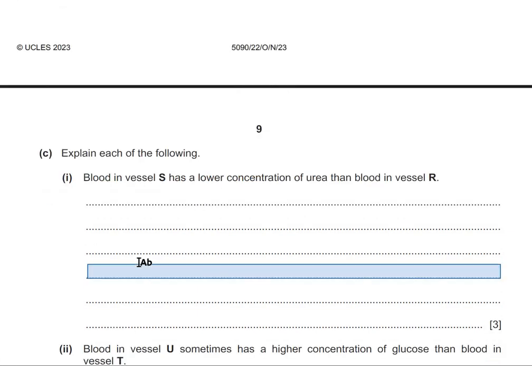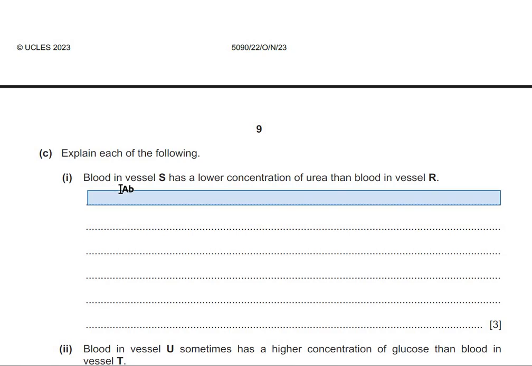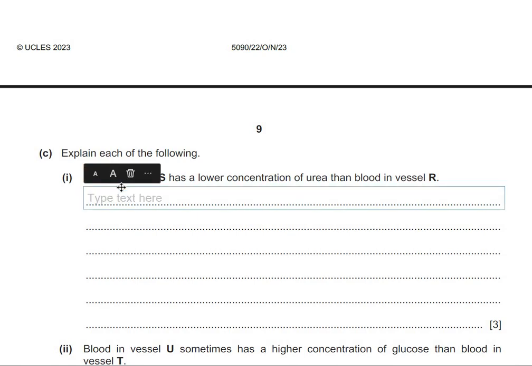This is because urea is entering with the blood into the kidney through the renal artery, and then the kidney removes the urea through filtration, and then the urea is excreted in the urine. So the blood entering the kidney through the renal artery has more urea as compared to the blood leaving the kidney through the renal vein. Why is that so? Because the kidneys are filtering the urea, and the urea is excreted in the urine. So what are we going to write down? That